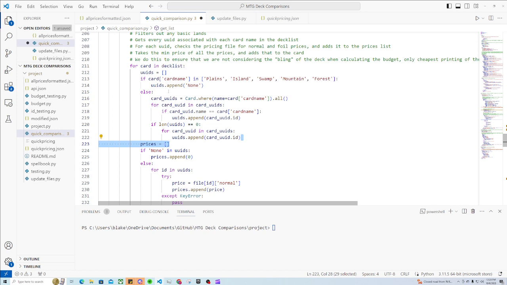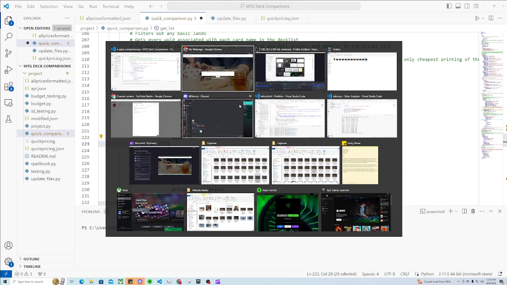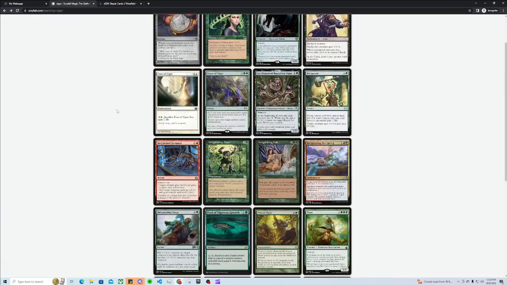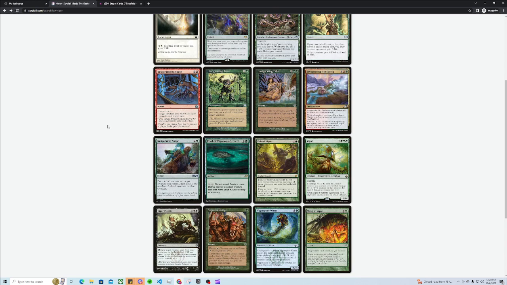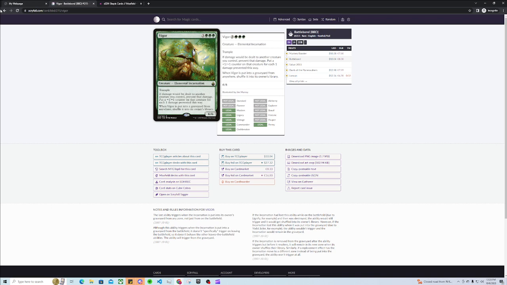So basically, for each unique ID associated with a card, we check to match whether the name that is associated with that card is equal to the card name. You might be thinking, why are we doing this? This seems like a dumb extra step. Well, here is an example that I pulled up. I was testing this code with a few of my decks, and I was running the card Vigor in one of my decks. Vigor is a $10 card,